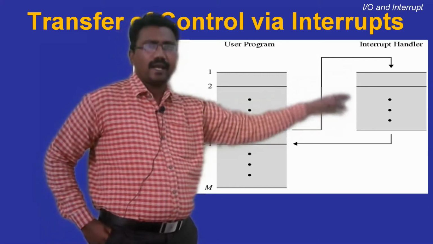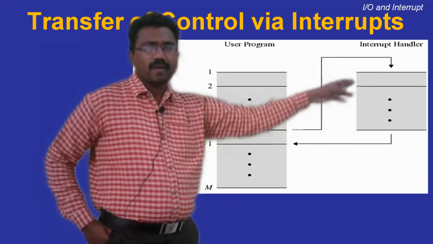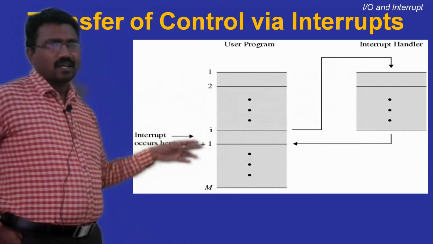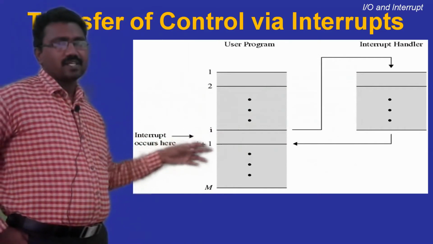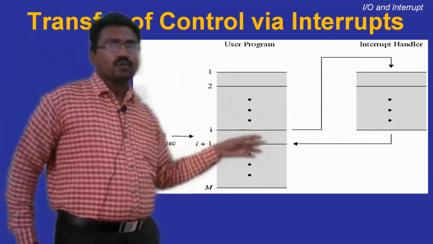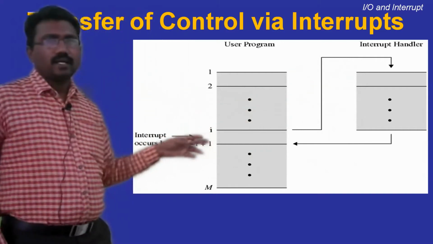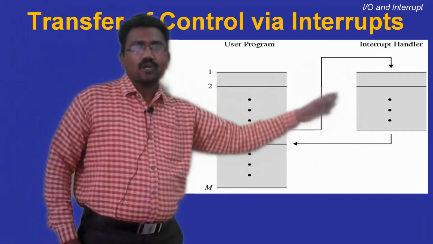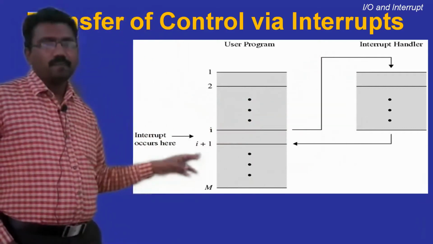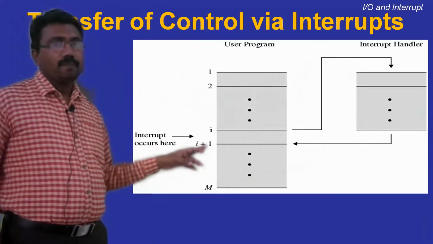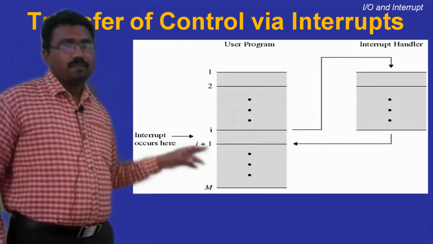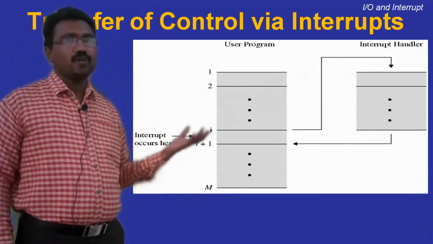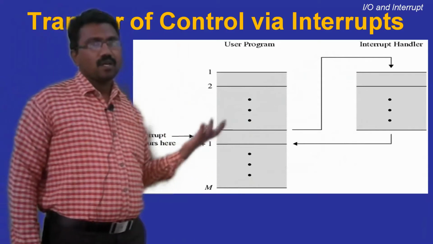So this is the interrupt handler. After execution of this interrupt handler, control goes back to the main program. You start the execution where it was suspended. So before control goes to the interrupt handler, you store the return address. What is the return address here? After execution of this interrupt handler, control goes to where? The i plus 1 location of the main program. So i plus 1 is the return address. This i plus 1 will be stored in the registers, on top of the stack, or in a memory location, depending on the type of the computer.